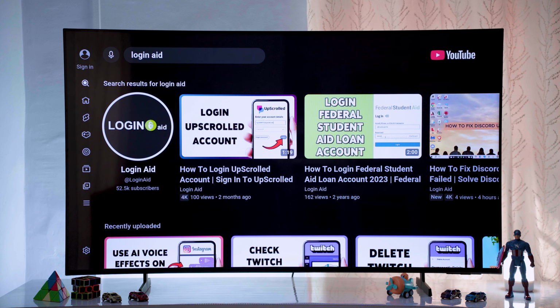Now, once you do so, you will successfully be able to enable voice search on YouTube on your Samsung Smart